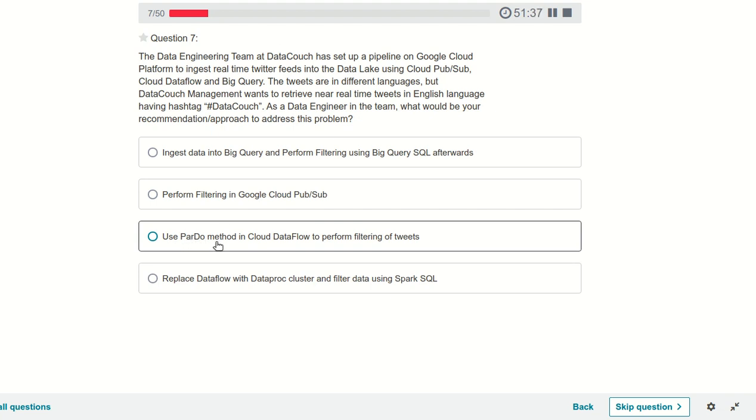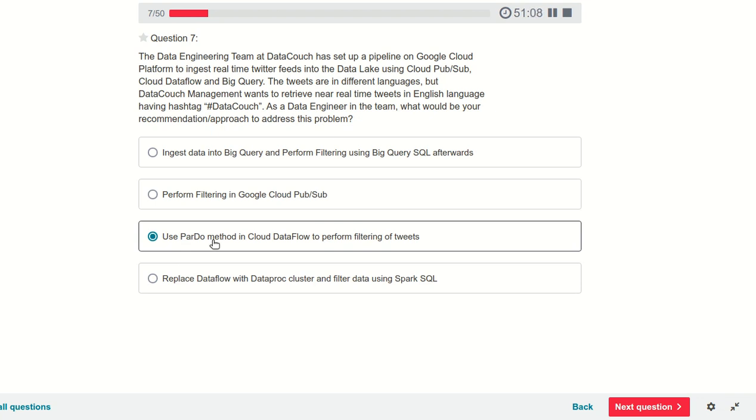Use ParDo method in Cloud Dataflow to perform filtering of tweets. That looks perfectly okay, because there are only three things: PubSub as the source, Cloud Dataflow, and BigQuery. In BigQuery we can't do the filtering, because that is a destination, and as per the question we need to do it in real time. So real time is something we need to perform in Cloud Dataflow itself. ParDo is an Apache Beam function.